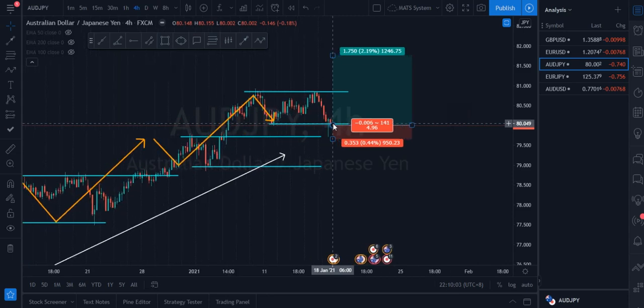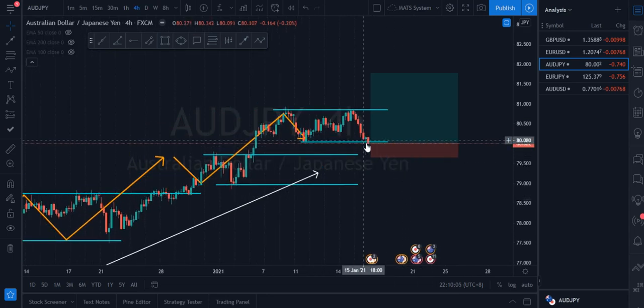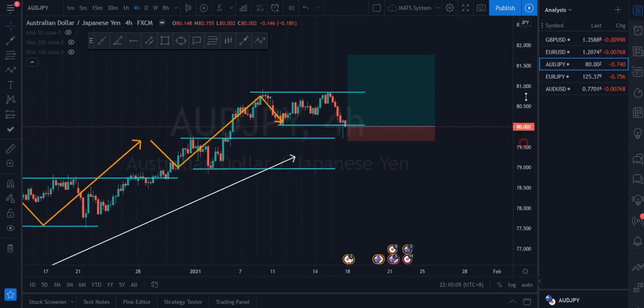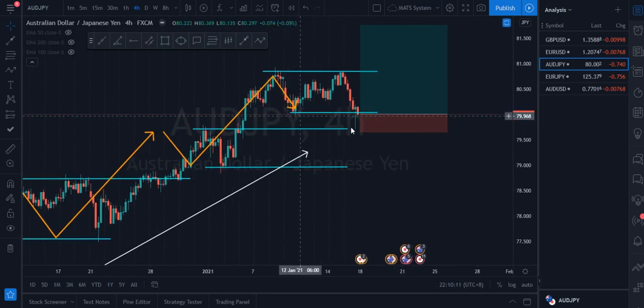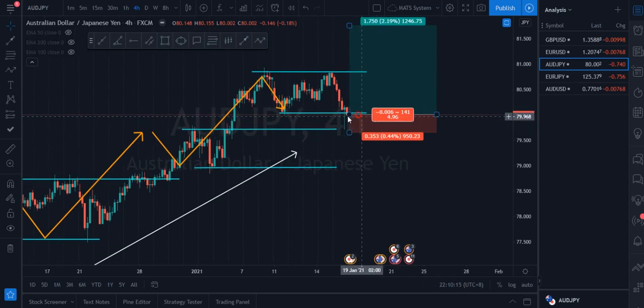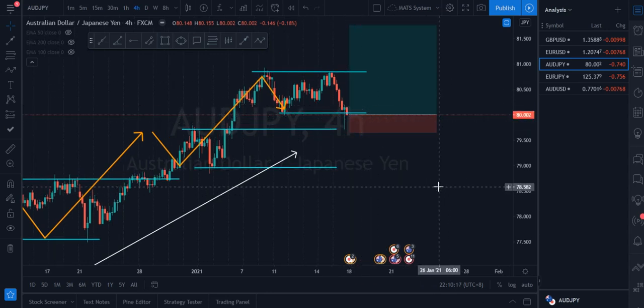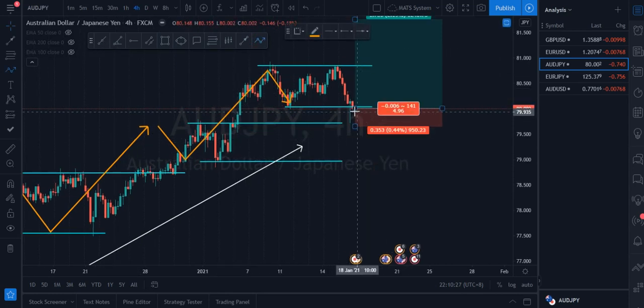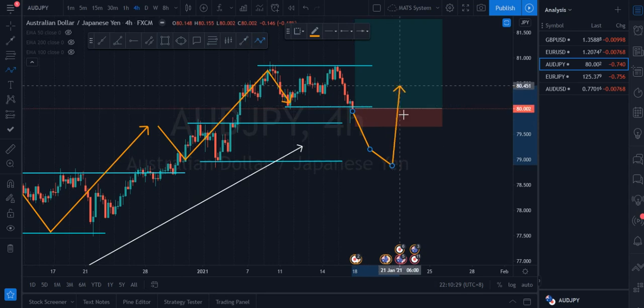And the best thing is, it created a very nice pin for me to take already. Can you see that there's a support over here? A pin rejection back into the support, come back down again, and potentially it will give me the R's that I wanted. If it fails, then yep, if it fails, there's a second area that I would wait for an entry, not to sell it. I won't short the market yet. So